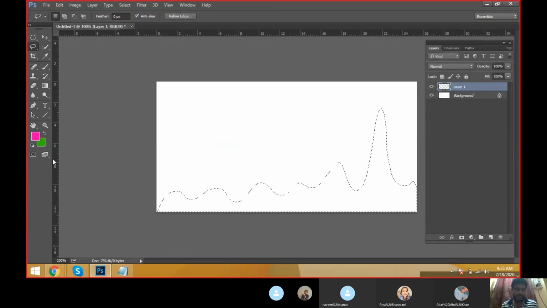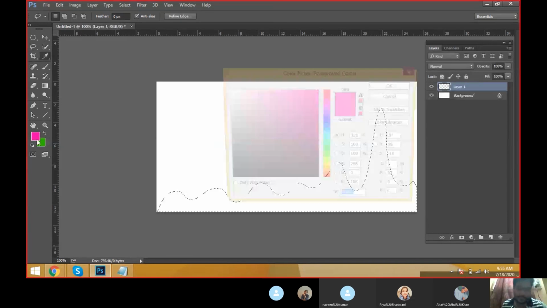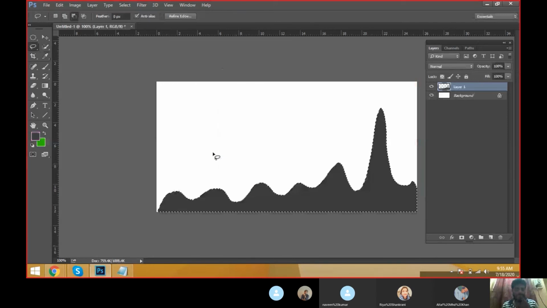Then take a new layer and fill the color like this. Okay, and come to the polygon lasso tool. It is a very sharp tool. Just click it. I just click the starting point and the mouse pointer, does it get any selection? No, it does not get any selection. The same thing if you take a lasso tool, see automatically it takes the selection. When I release the mouse pointer, automatically it will get the selection.